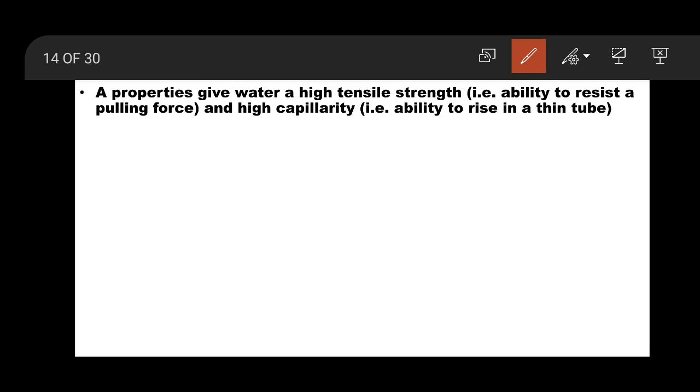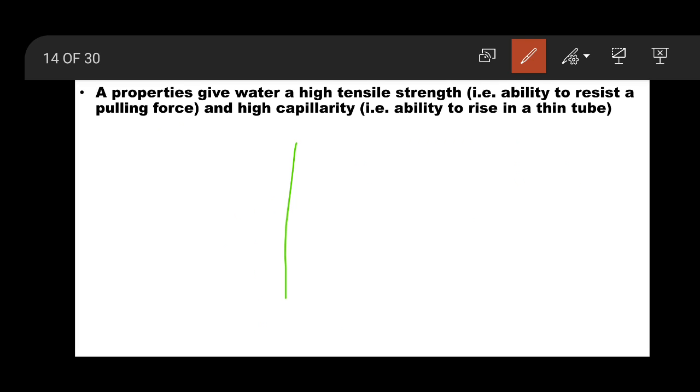These properties which I told up till now give a high tensile strength to the water. High tensile strength means the ability to resist a pulling force, the force that pulls or drags. So these properties give water a high tensile strength and high capillarity, that is rising in a water